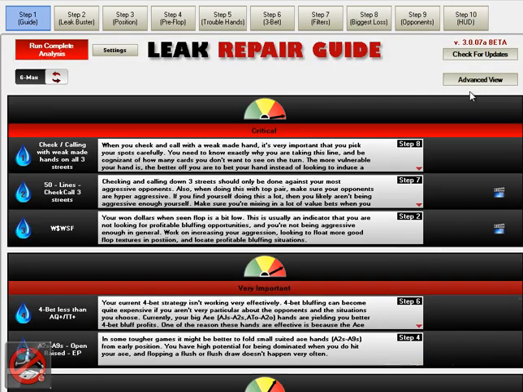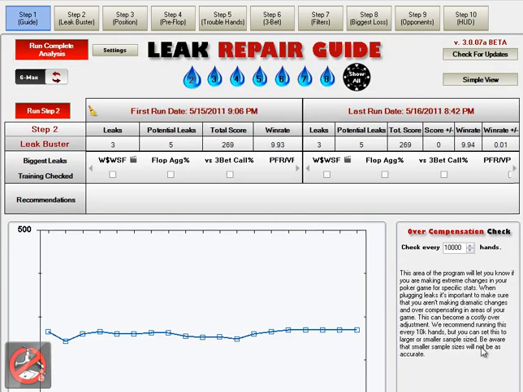In step 1, advanced mode, you can't see it here on the screen, but there's a members area at the bottom of this screen that has past workshops that break down Leakbuster in much more detail than this video does. It goes into every step, really how to use it, how to get the most out of it. It goes through all the different buttons and everything, because there's even more than kind of what I went through